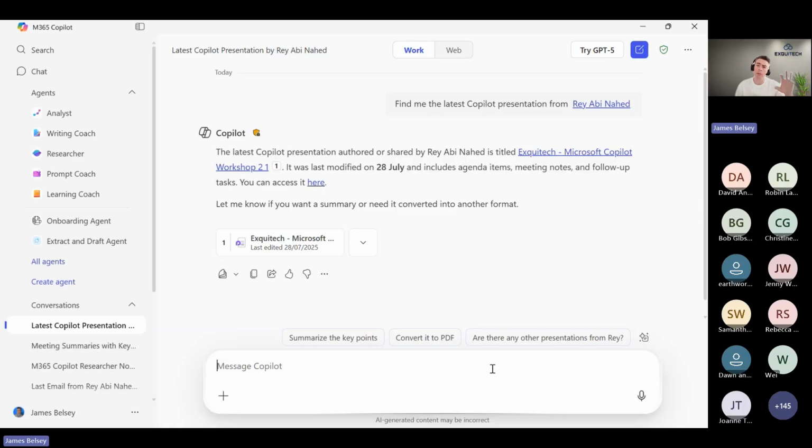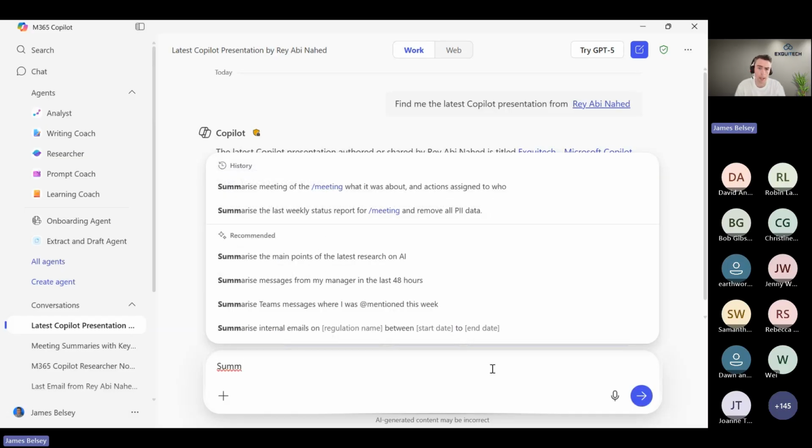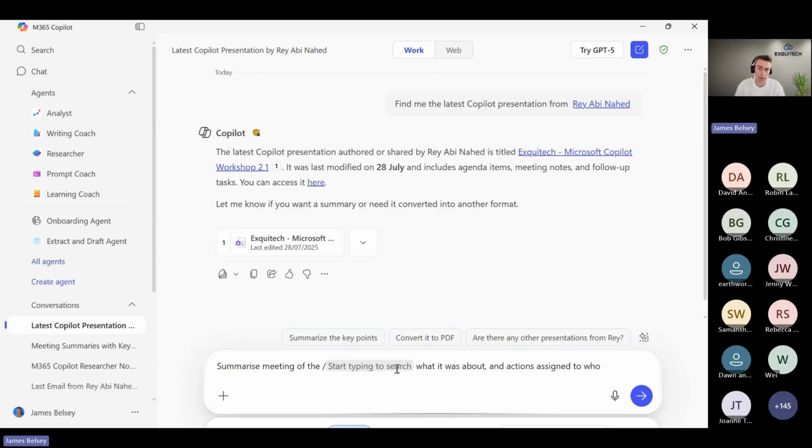So I just want to give you a flavor there of how you can use this in Windows. You don't have to go into SharePoint, OneDrive, email, Teams. If you kind of know what you're asking for, you can be quite specific in the ask of Copilot. So if we look at a recent meeting we had, I want to summarize a meeting. So if I go here and I ask, if we find the meeting,